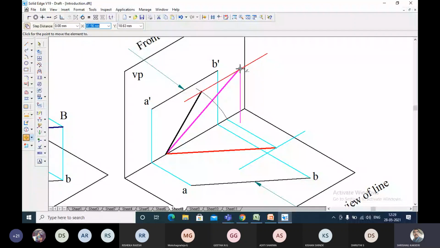And by taking this as center, you are going to draw the arc. By taking this as center, here I am not going to take the center because it will be showing by the isometric. Okay, this is how, and another one, the distance between the end projectors is the same. I told you already. Now the distance between the end projectors is the same.